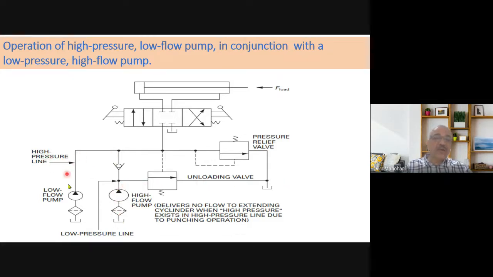So what he is trying to do is the low flow high pressure pump will now actuate this cylinder. It will start working against the load. It will remove the working of the high flow pump, because this pressure gives a signal to the unloading valve. It will dump the second pump to the tank, and this will start doing the cutting of the job. So here a combination of two pumps with an unloading valve is selected. The unloading valve is unloading the high flow low pressure pump with the help of the high pressure signal during the end of the operation. I hope you understood this.